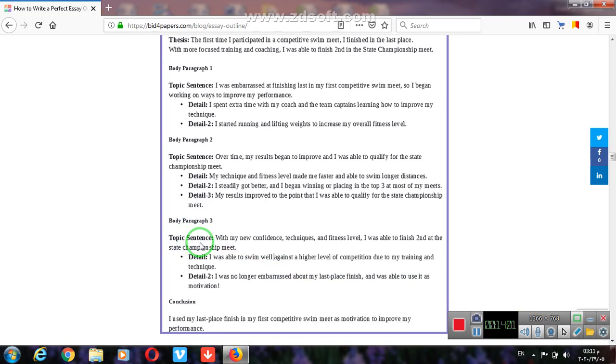You have a topic sentence, and you have to support it with details in order to have paragraph writing. After you finish body paragraph 1, paragraph 2, paragraph 3, you end with a conclusion. You have to conclude all the ideas you have written. Just like here, okay, I used my last place finish in my first competitive swim meet as motivation to improve my performance. Okay, so this is an outline format for a narrative essay. So I hope you follow the same templates when writing your own